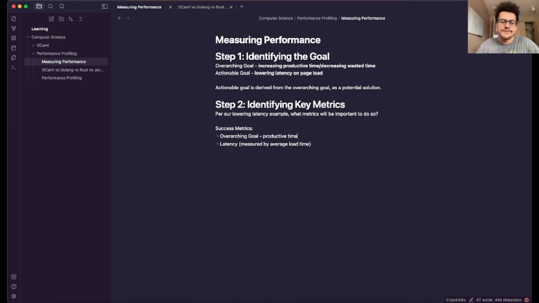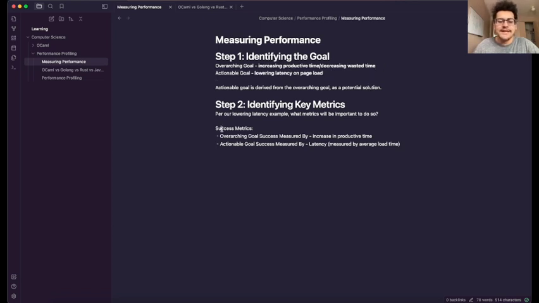An increase in productive time is the overarching goal, and latency would be the actionable goal. So our overarching goal is increasing productive time and decreasing wasted time, and the actionable goal is lowering